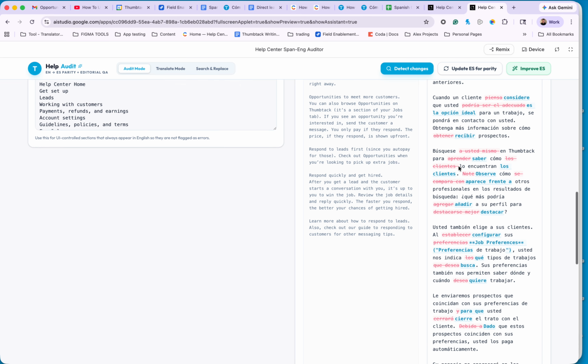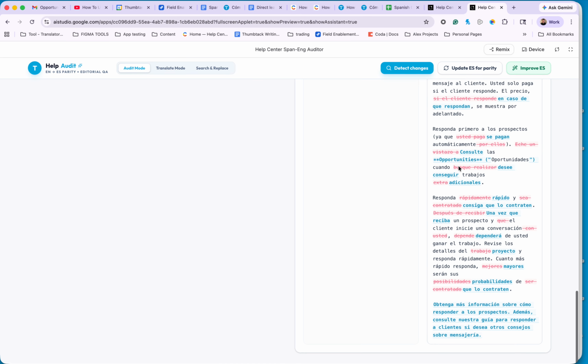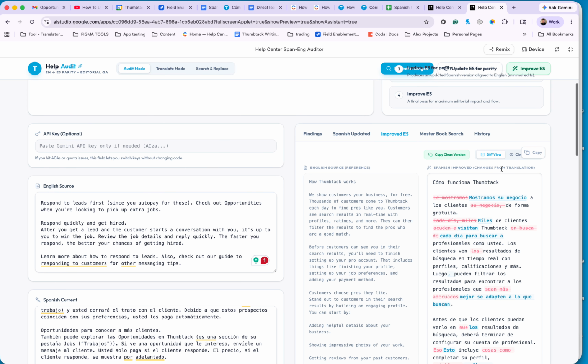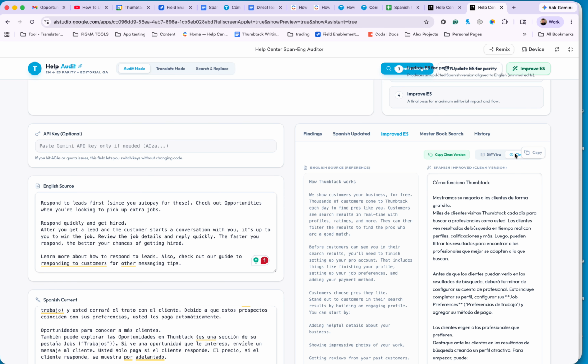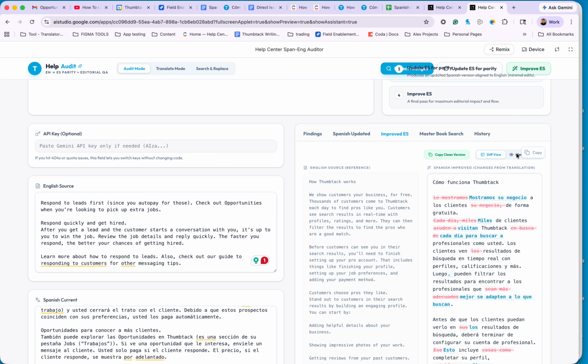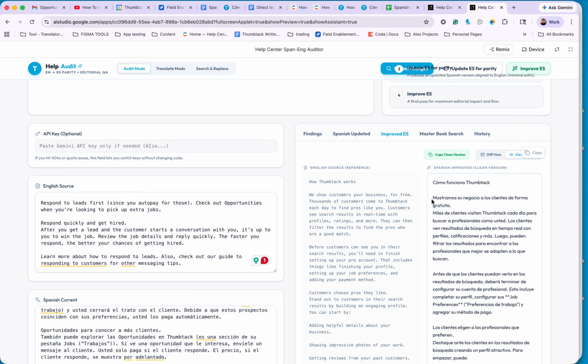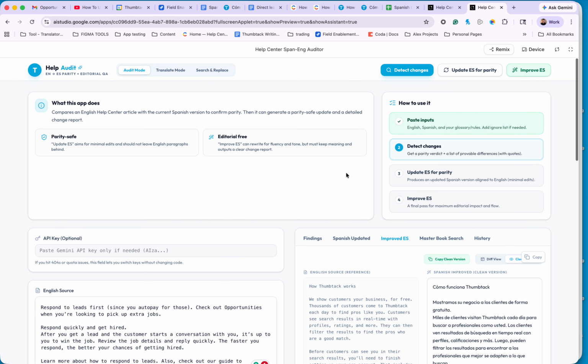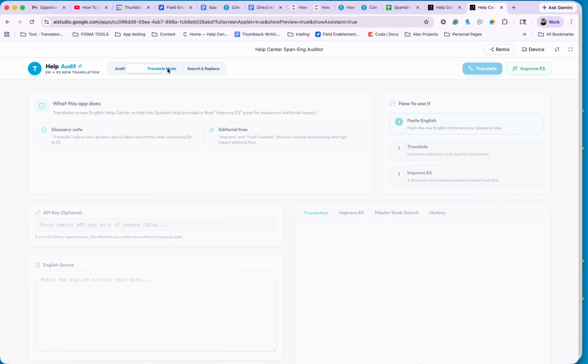So this is the first step. This is all the three things that it does. And it also has a clean version where I can click here and it's going to give me the clean version with all the changes that this is doing. So this is the first one. If we go to translate mode,